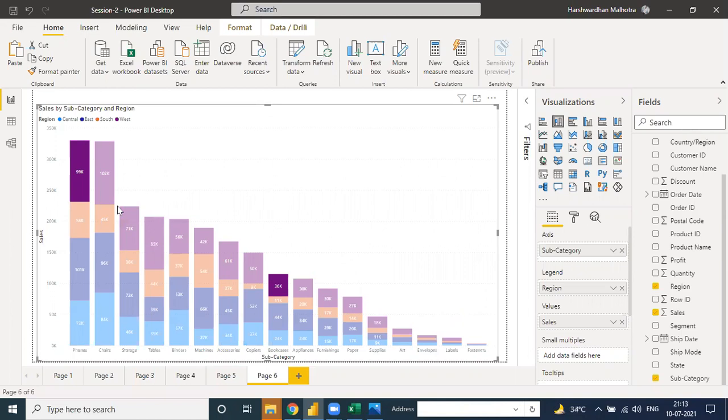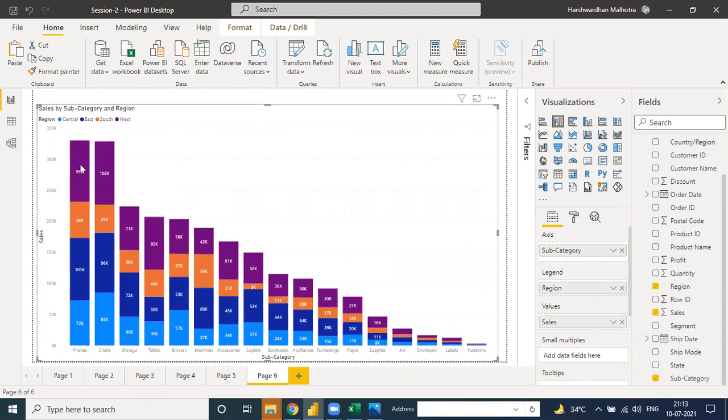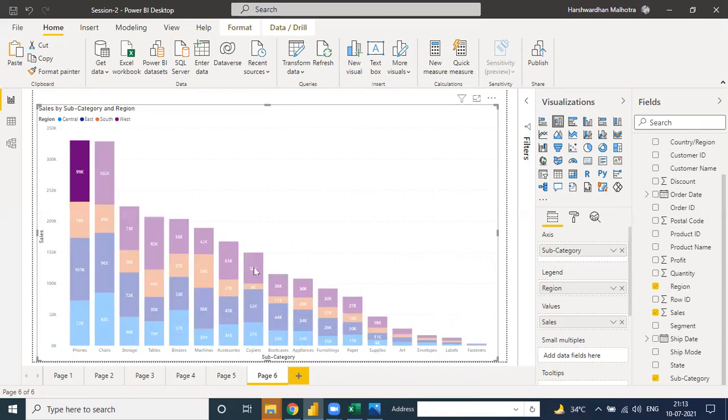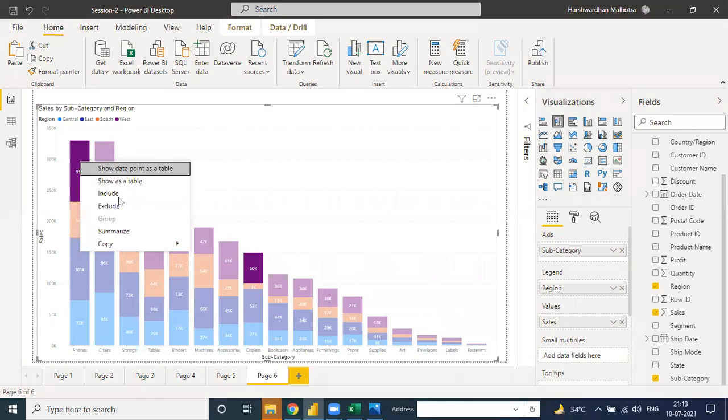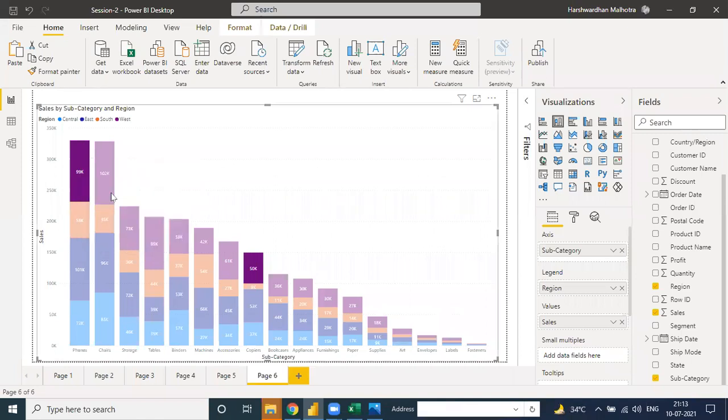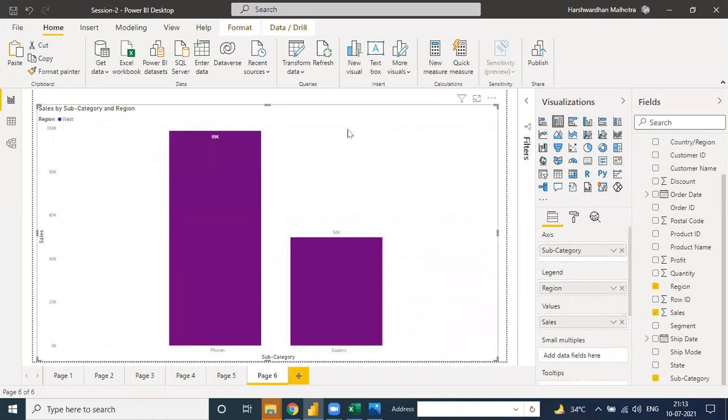You can directly click with the control key, control click, then right click, show data point, include. When you do include, see, it will show the same chart differently on the same visualization. Then share it with someone if you need, directly.